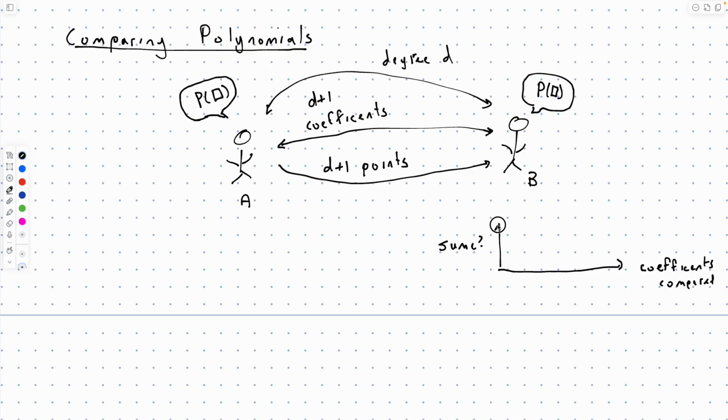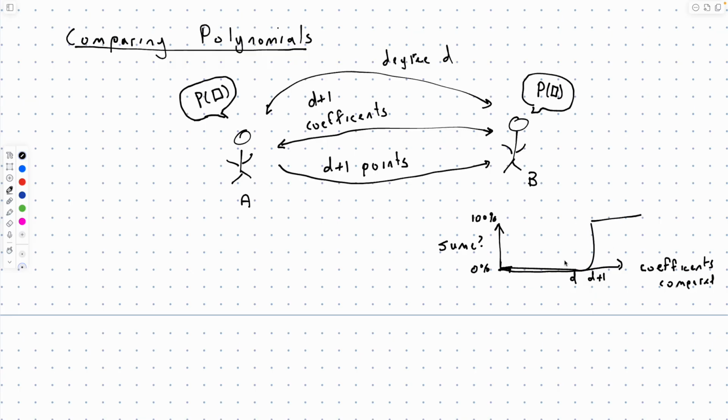And on the y-axis, this is how confident I am, between 0% and 100%, of whether these two polynomials are the same. If I compare the first coefficient, I'm not confident. I have 0% confidence. If I compare the second one, I'm still at 0. I'm at 0, I'm at 0, all the way up to D. And then when I check that D plus 1th point, my confidence goes from 0%